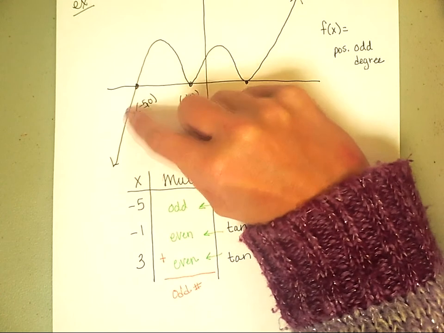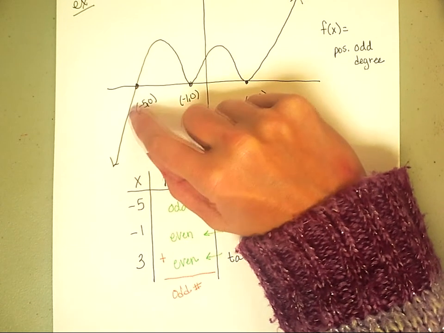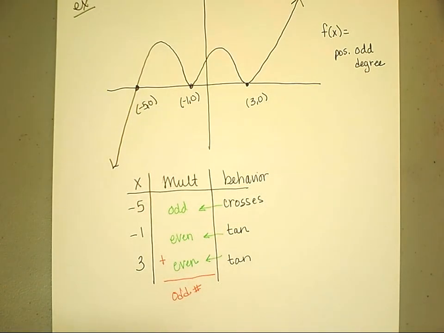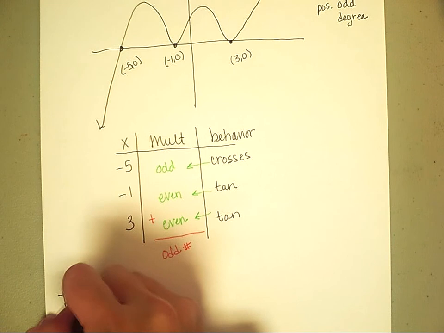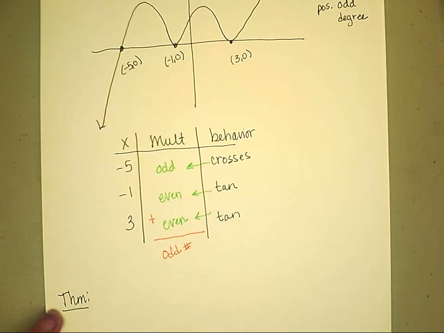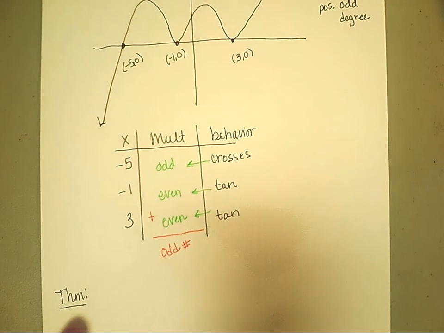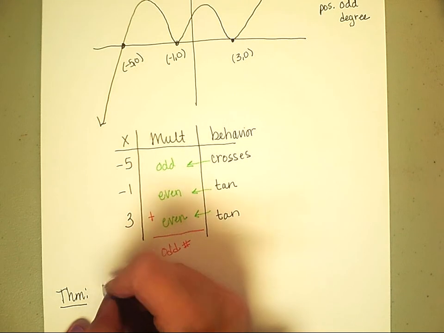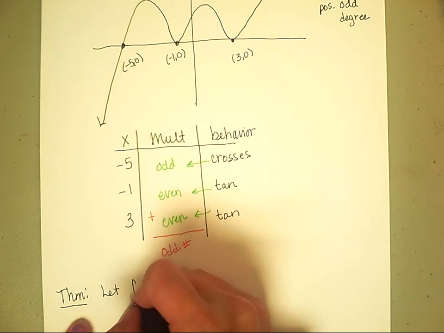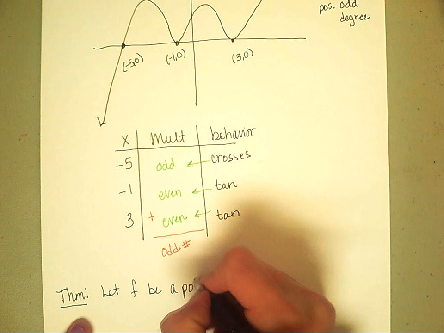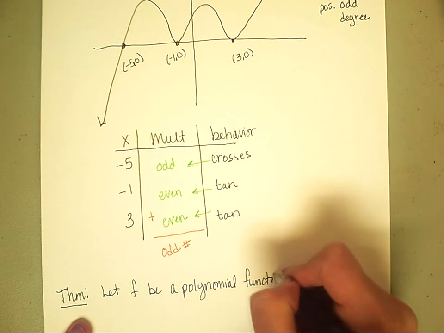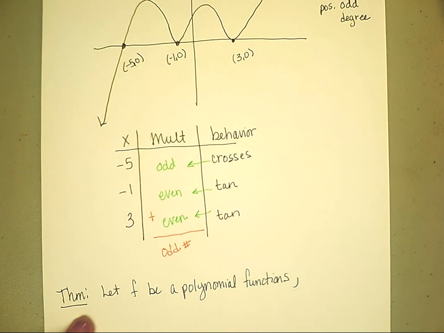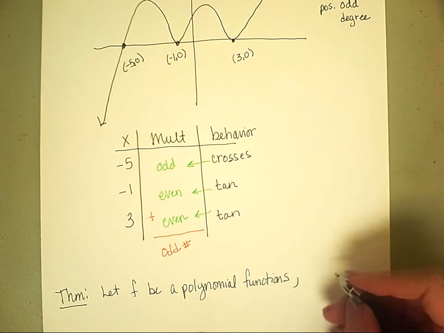Now this behavior about crossing, that is, it goes from the x-axis, leads us to a very important theorem, okay? It's called the intermediate value theorem. So theorems, I just abbreviate THM. Theorems are something that's true, and we don't have to prove them, we can just use the results. Okay, so we let f be a polynomial function. So remember, not all functions are polynomials, so if it's the case that f is a polynomial function,